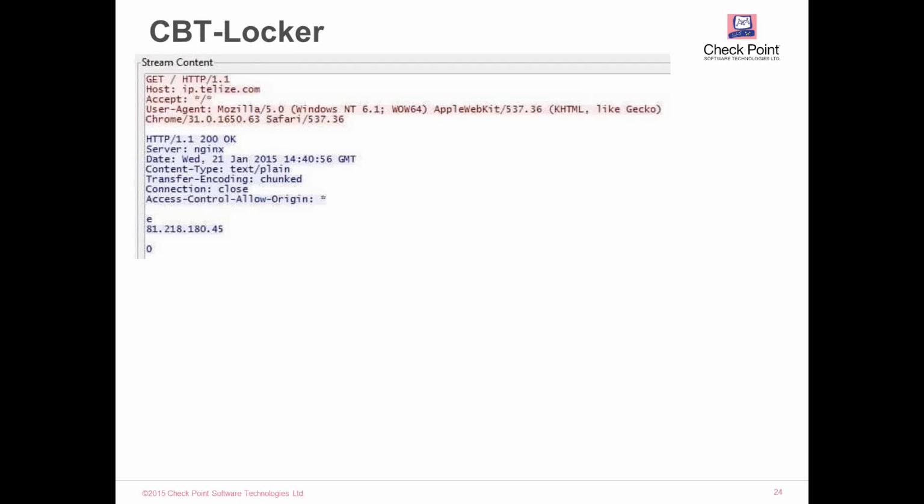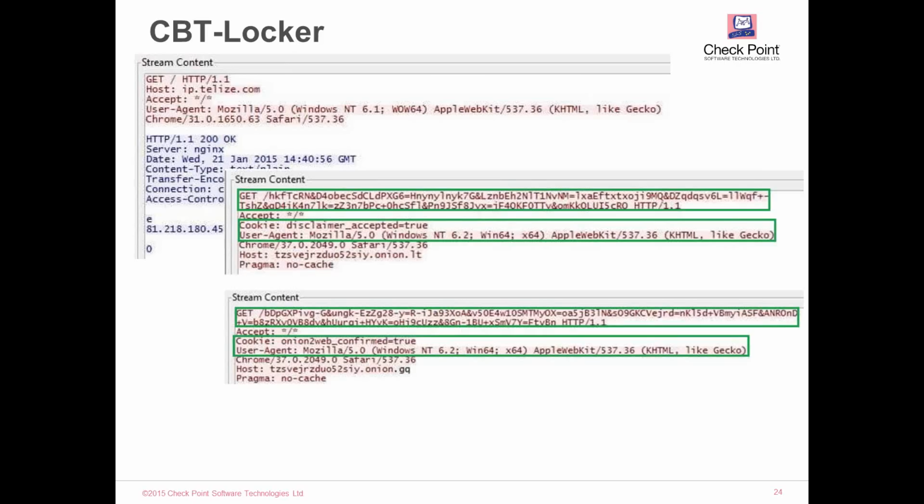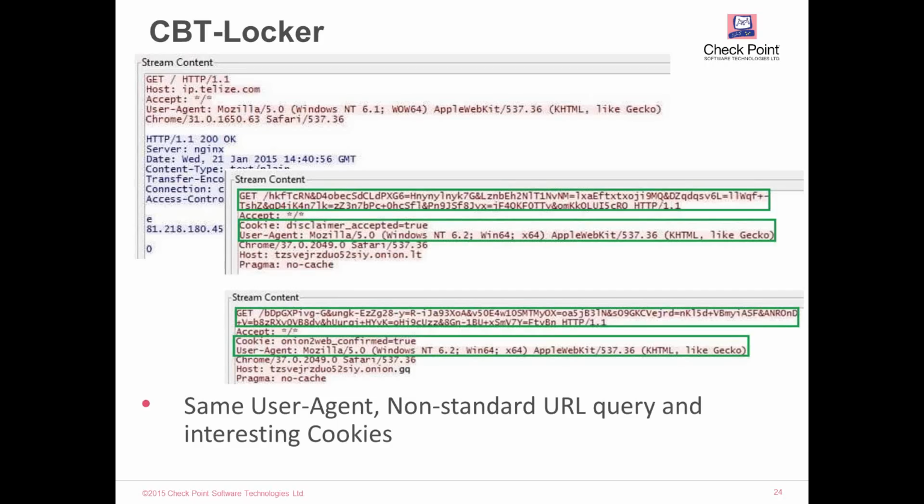So this was one of the tests that they did. They connected to ip.talese.com and they could see the information returned on where they were connecting from, and also the country information if they wanted it. Now, when they looked at the malware, there were a few interesting things they picked up. Firstly, the same user agent was used regardless of how they made the connection. Every time it said, I am this type of device, Windows NT 6.2, Windows 64, x64,